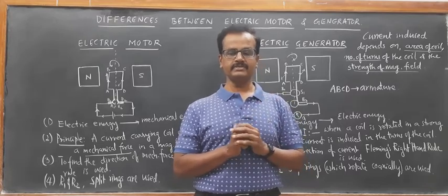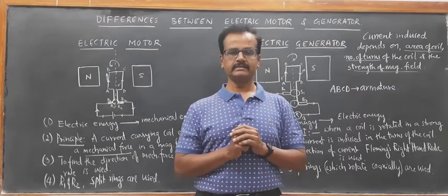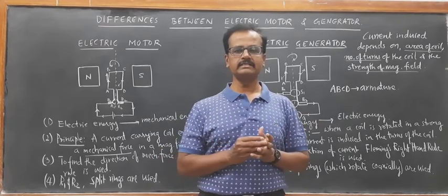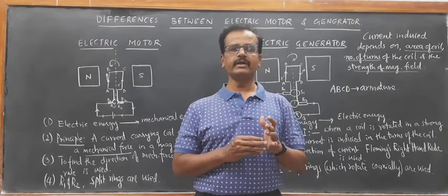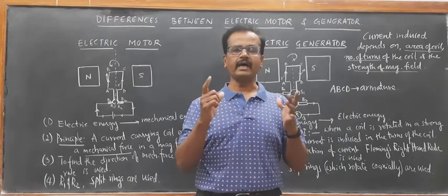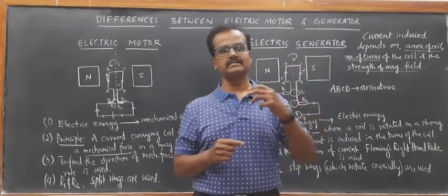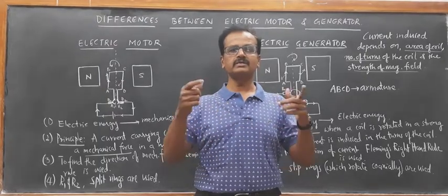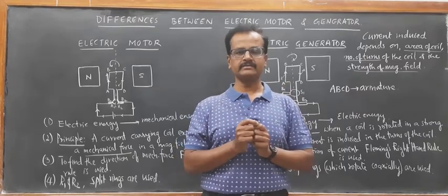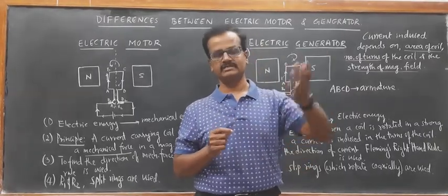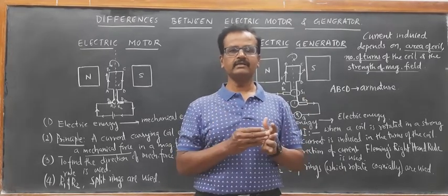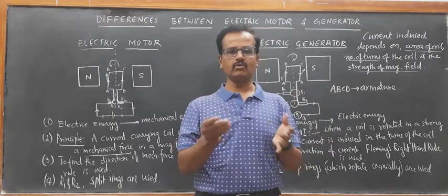What is the main advantage of alternating current? The main advantage of alternating current, in almost all the countries, is that it is used for very long distance transmission. Alternating current can be very conveniently used for long distance transmission without much loss of power. Whereas if we use direct current for long distance transmission, there is going to be huge loss. We may not get the required current to our homes.